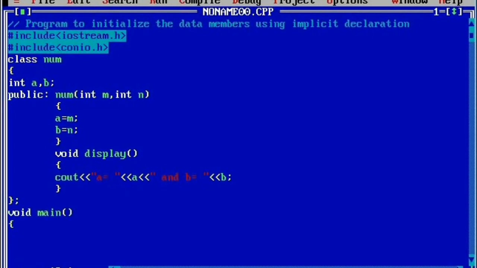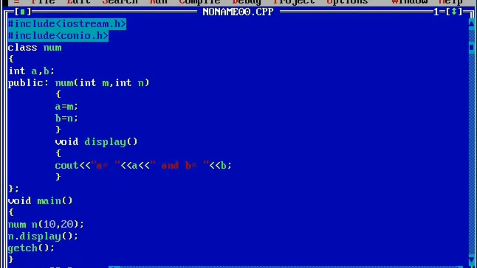Here we are going to write the name of the class num and n as an object, and inside the round braces we are going to pass 10 comma 20, then put a semicolon, and then we are going to write n dot, and access the display function, and write getch, curly closing brace.